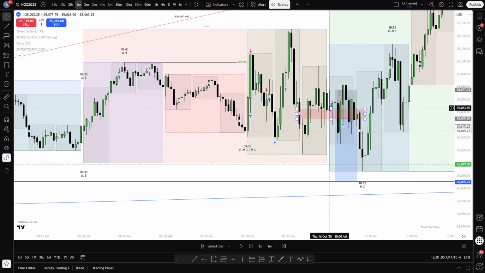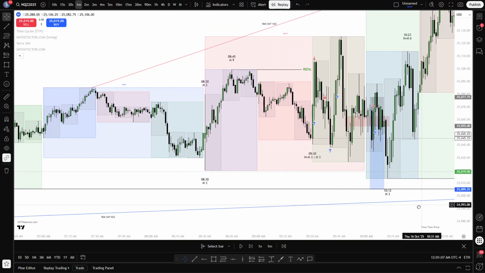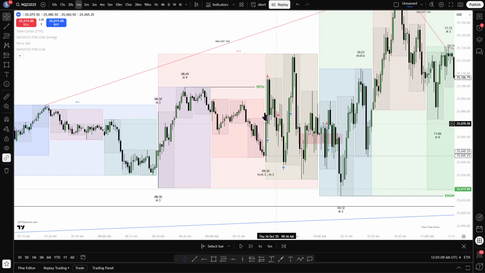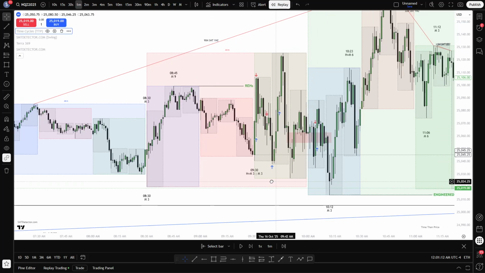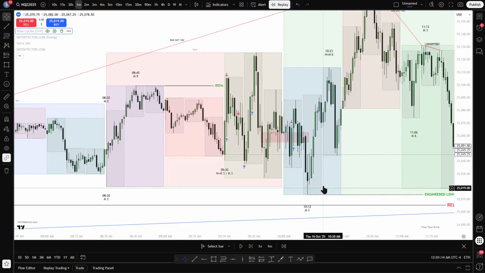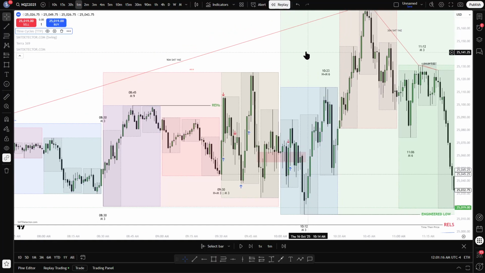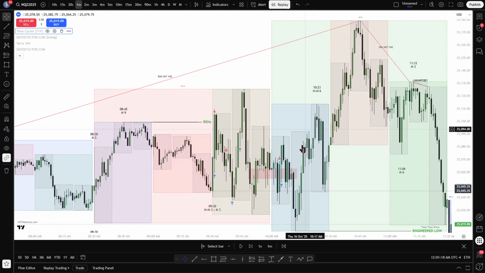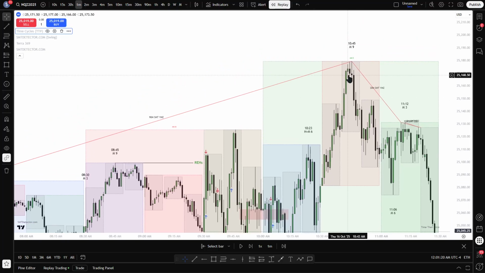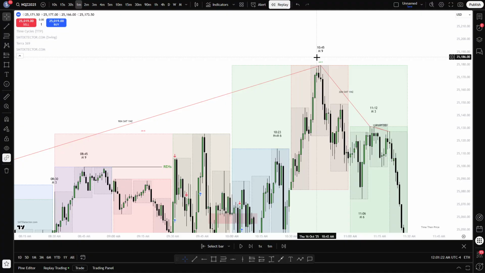Finally, when the next session opens, we take the previous session low over here. 90-minute cycle. We take out the low of the 90-minute cycle. And then what is our target? The high of the cycle, which we do. We finally reach out over here. And now at this point, we are in the mitigation block, which is a point of interest for us because we can see a reversal on that.